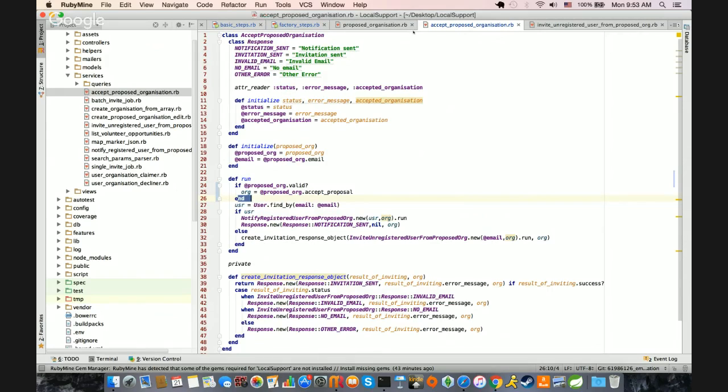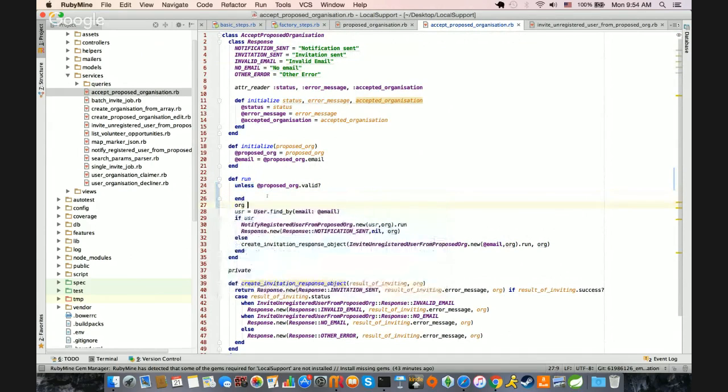So what we need to do is create an invitation response object. So we could have the thing here be that if the proposed org, you could do unless proposed org valid at the start, and then we could just do, and then that org should just now be outside that block there. And then in 25, we would just do a create invitation response object and pass it through, and make sure that it has the